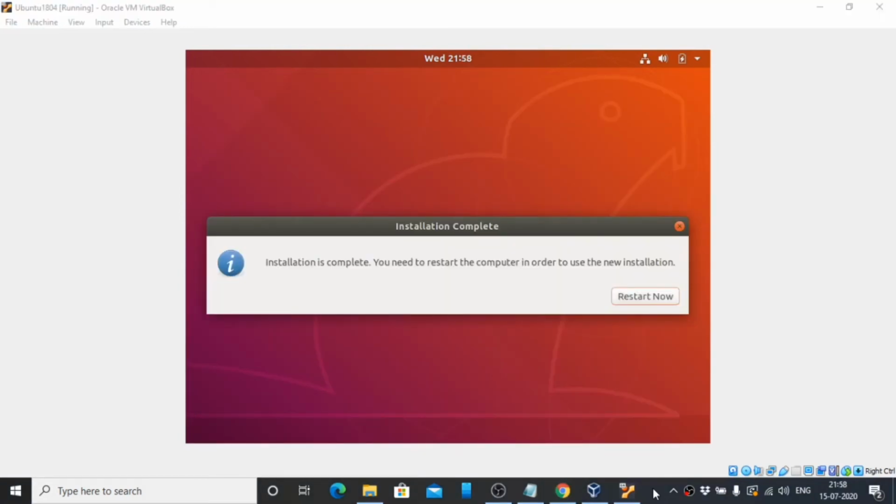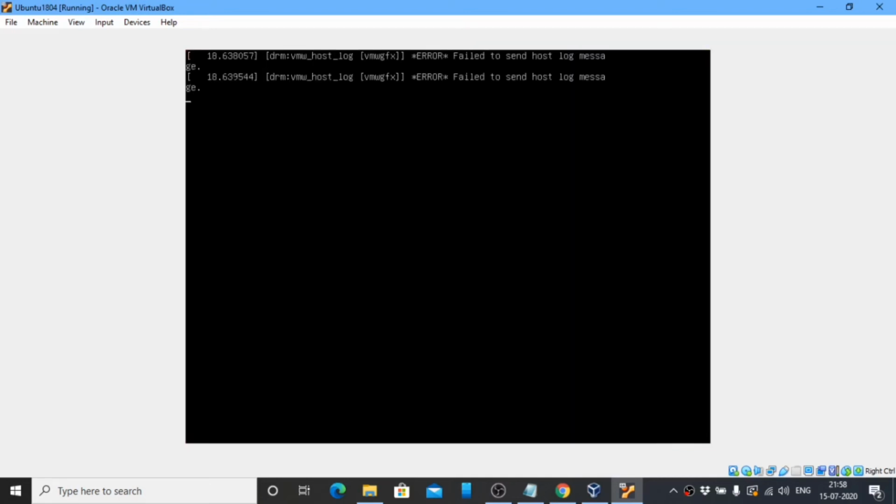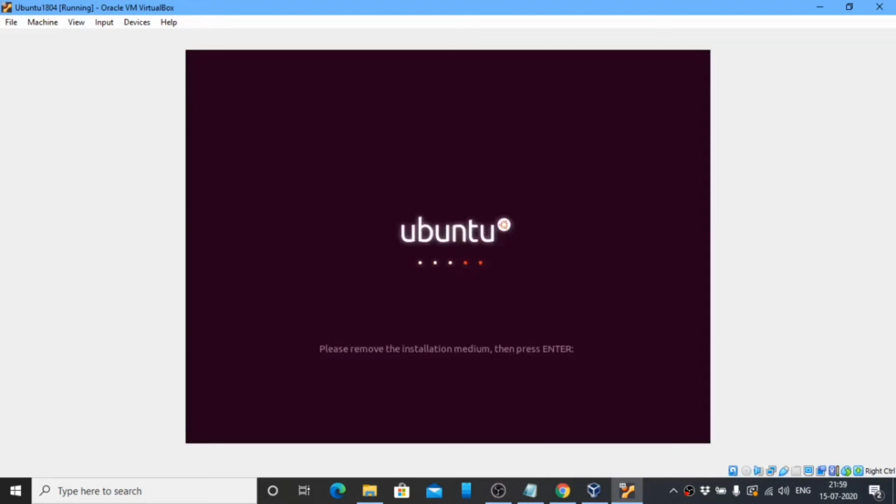Yeah, back. So it takes around 15 minutes, because we stopped at 9:58 and we started at 9:43. So 15 minutes it has taken for the complete installation of Ubuntu. And now there is an option called restart now. So I am restarting. After installation you will get this pop-up window. It will ask you to restart now. I am just restarting. Yeah, so now please remove the installation medium.